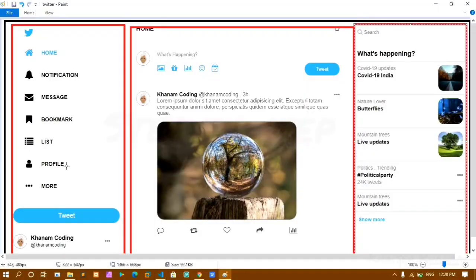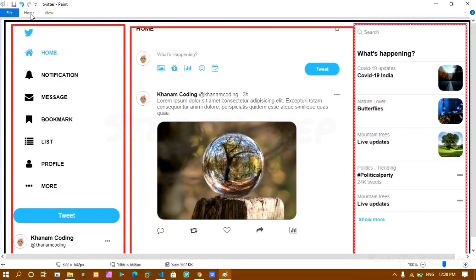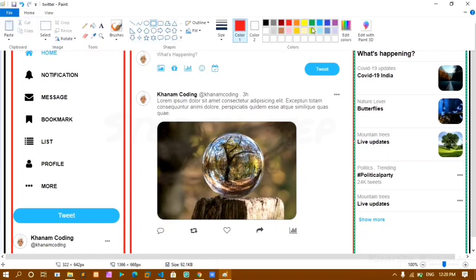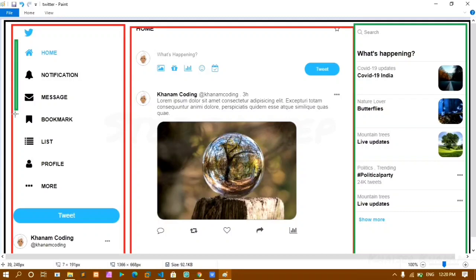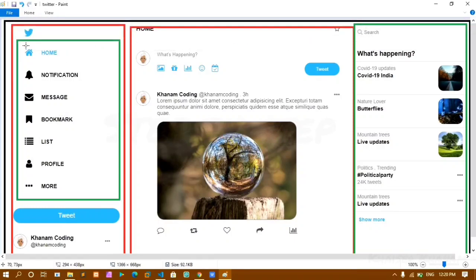Okay, now next I have this icon home. Now what I'll be doing is I'll just create. Now inside this I'll just take this entire div container, and inside this each individual part will be in my div container. This will be one div, this will be another div, this will be another div.